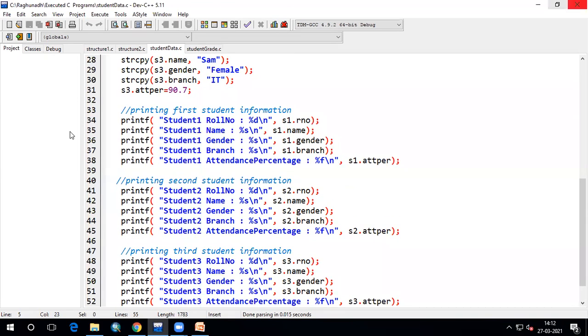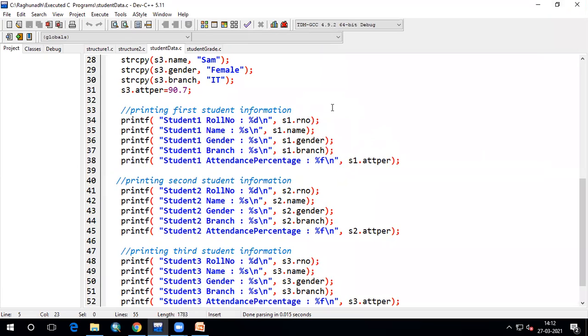After that, I'm printing the student 1 details like this: printf student 1 roll number percentage d, s1 dot roll number; student 1 name percentage s, s1 dot name; student 1 gender percentage s, s1 dot gender; student branch s1 dot branch; student attendance percentage s1 dot attper.